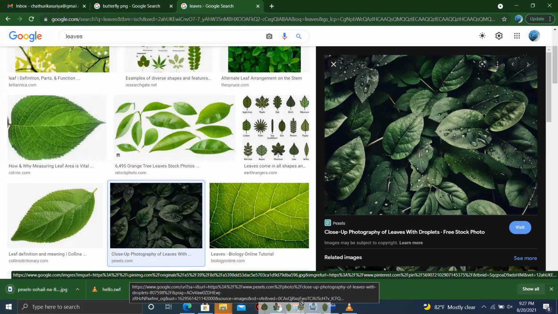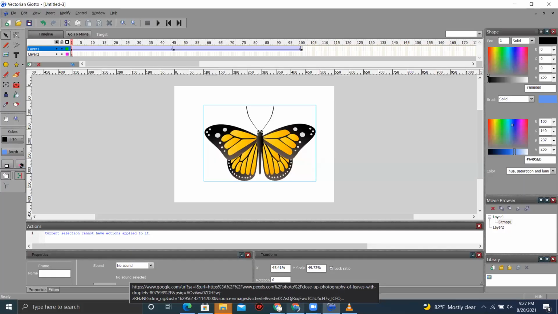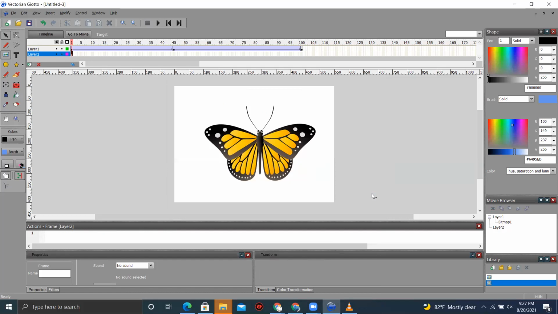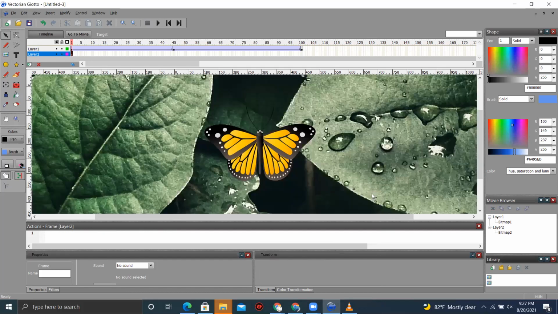But go back to my application. And as the second layer, this is layer 2. Into layer 2, I'm going to import that image. So that is this JPG file. Open. Oh, it's a very large JPG file. It's a very, very large one.